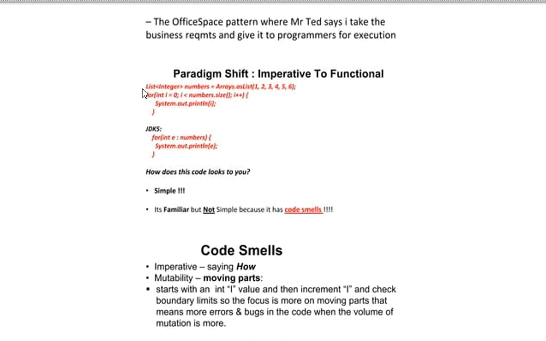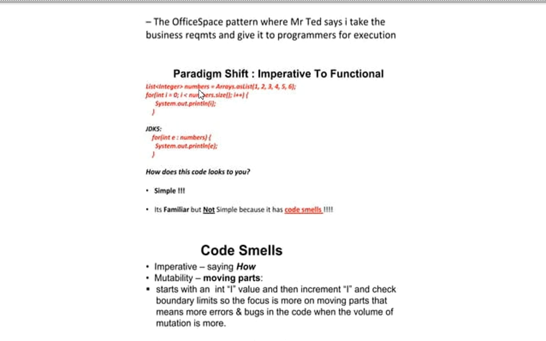If you look at the imperative code in JDK 5, as in the lines of code highlighted in red,